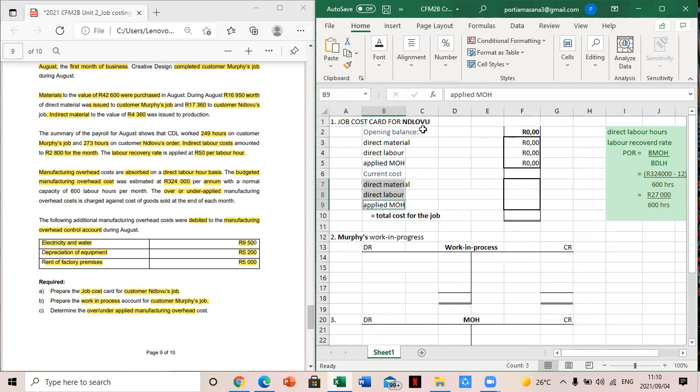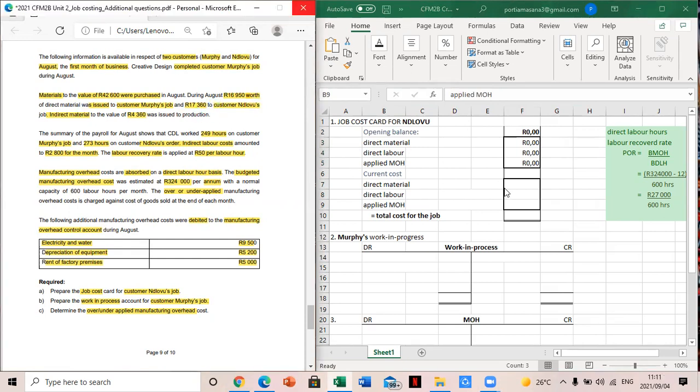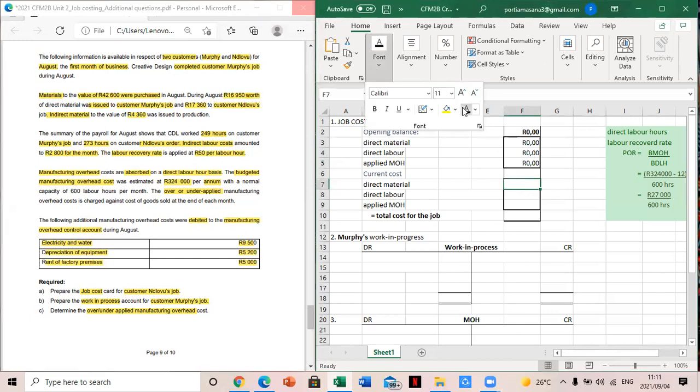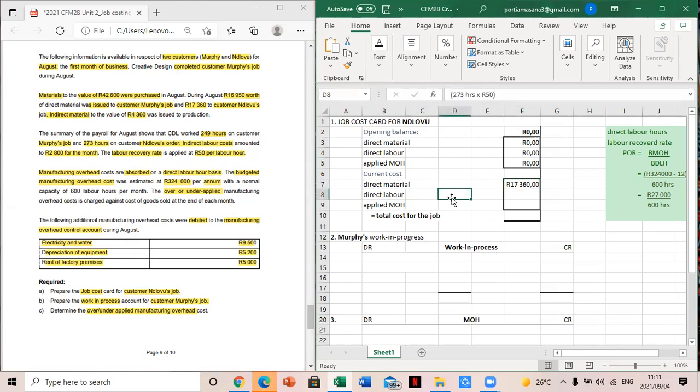So for current, right? So remember, this is for customer Ndlovu. So we look for direct materials for this customer, and here we're told that 17,360 was the value for the direct material. So then here we will record 17,360 for direct material. And then for direct labor, since we weren't given the total labor costs, we'll look for the hours and then multiply it with the labor recovery rate. So for this customer, 273 hours were spent on his order. So take that 273 times the 50 rand, which is the labor recovery rate, which will then give us a total of